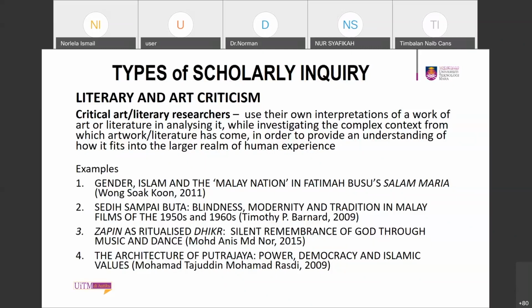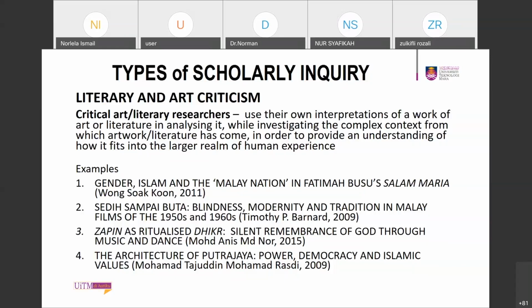one of the main or typical methods of data collection or data analysis is called textual analysis. So this type of inquiry normally deals with interpretation of the text. So this is the example. So in the performing arts and in the humanities in general, text encompasses a broader connotation or meaning. So a text does not only include